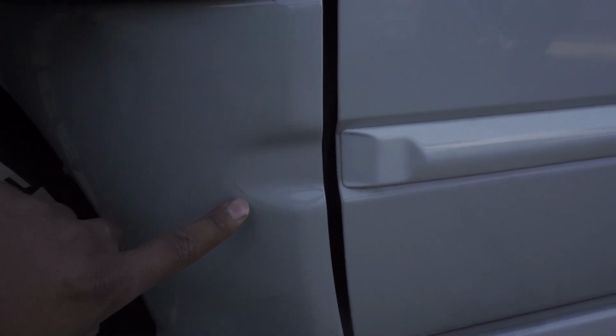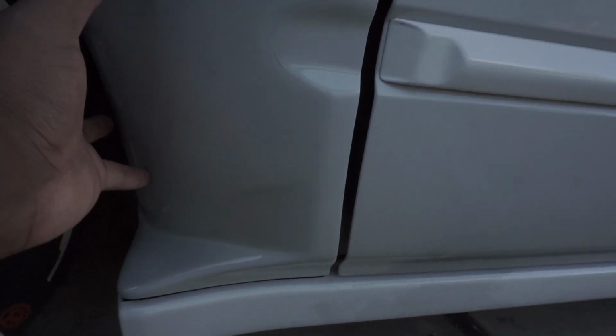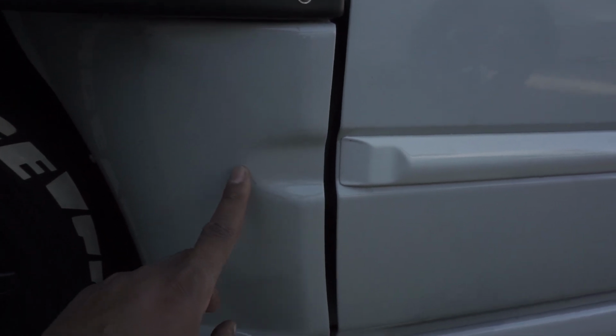On here, we have the clear bra. You can kind of see the trace outline right here. I outlined that right there, and I outlined it right here to contour that, because this is where it gets the most dirty. I did try to put the clear bra on the whole thing and utilize it like wrap,